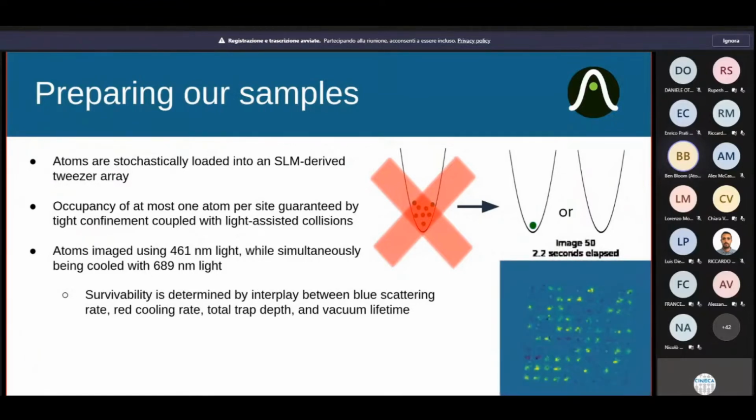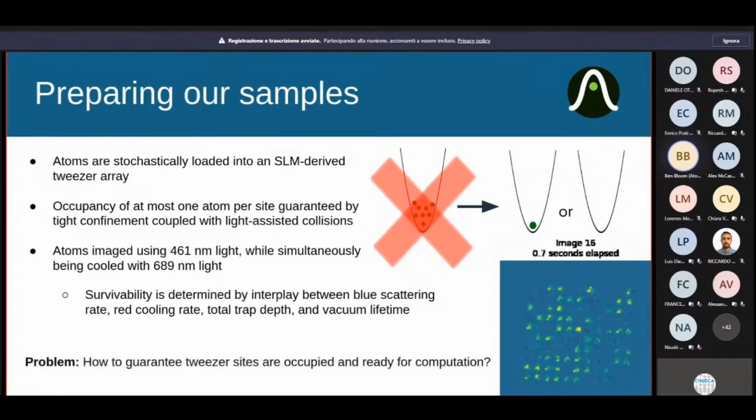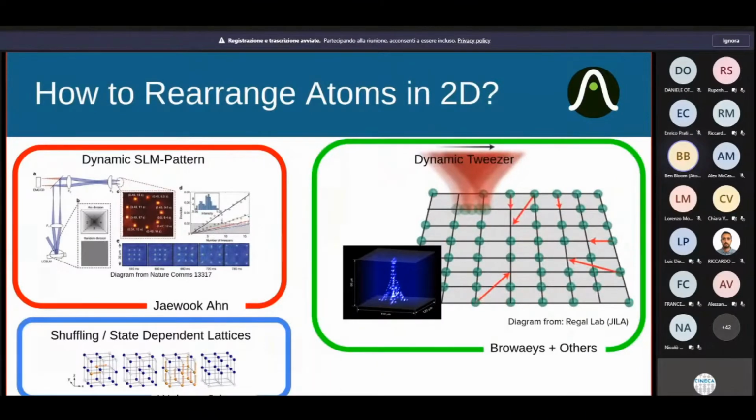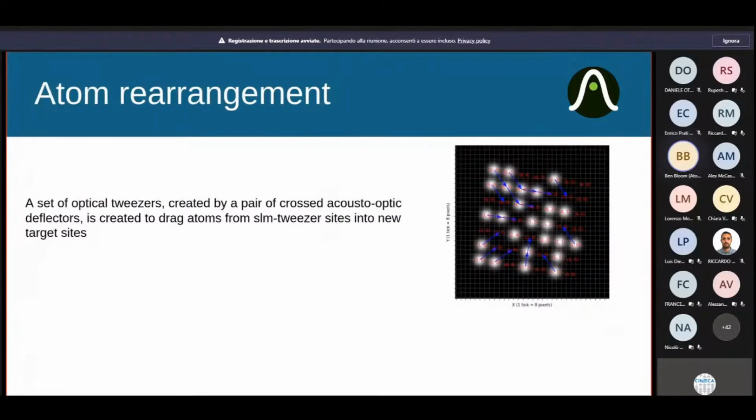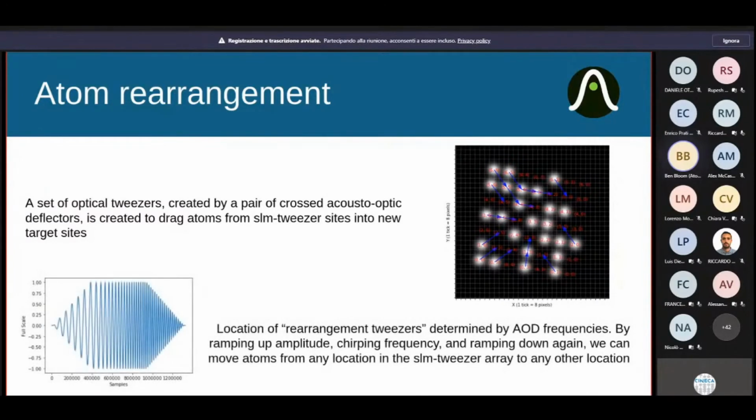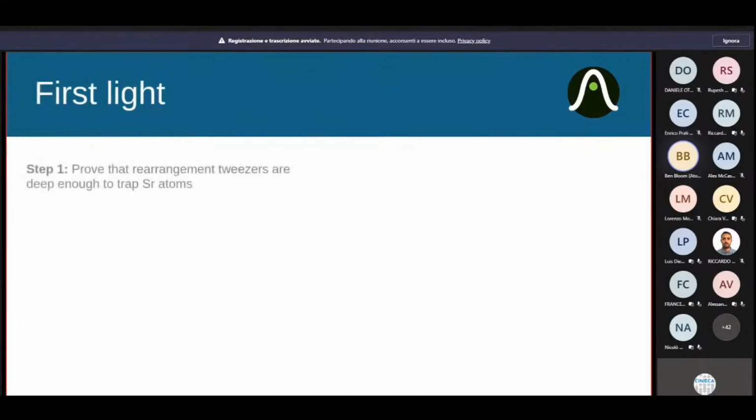One of the other cool things you could start to do, which started to be shown off in 2015 or so, was you could also take those atoms and take many, many images of them. This is key to being able to do real-time feedback, either for quantum error correction or even just moving the atoms around. So here you have many different options shown in academia for how you can move the atoms around. We use an option called a movable optical tweezer using acousto-optic devices. This allows us to use RF to essentially pull atoms around.